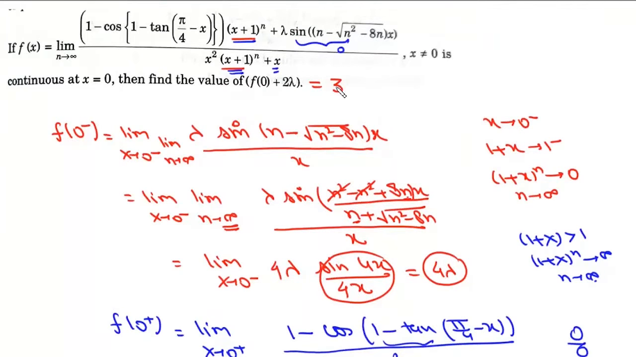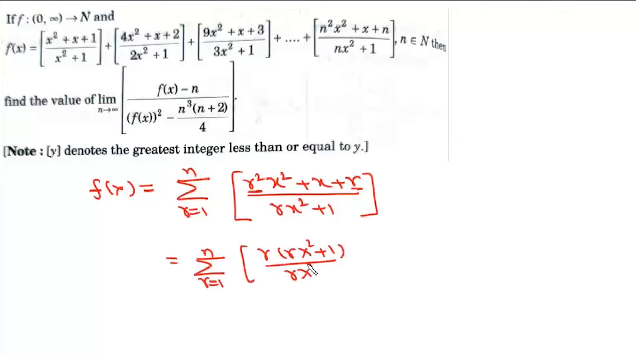Now here the question is, we are given this function f(x), which is the summation r varies from 1 to n of (r square x square plus x plus r) upon (r x square plus 1), greatest integer function. Now we can write this as the summation r varies from 1 to n, and we'll take these two terms together. We'll take r common. It'll be r(r x square plus 1) upon (r x square plus 1) plus x upon (r x square plus 1). Now here (r x square plus 1) will cancel, and since r is an integer, we can simply